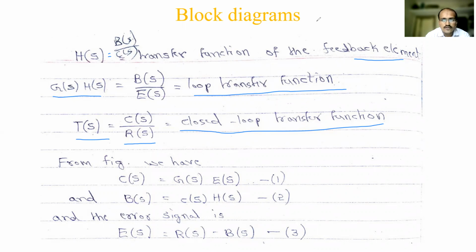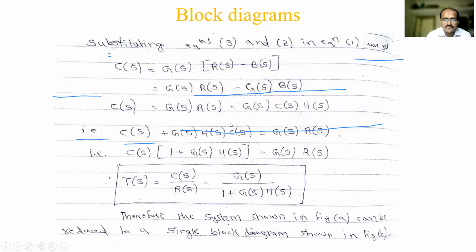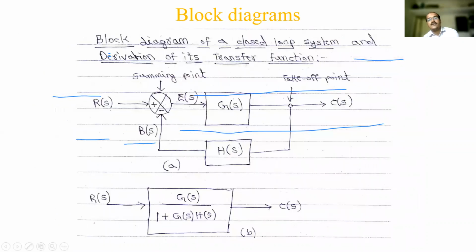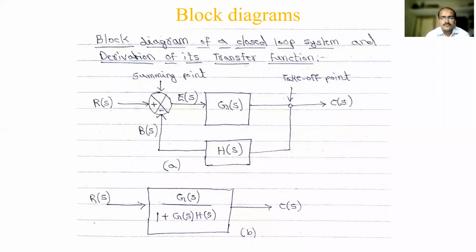One more thing I will try to show you. The transfer function is also nothing but like a gain. So C of S is nothing but transfer function into input. What is the input coming over there? Or if you write the transfer function, it is output by input. So both ways you can define.